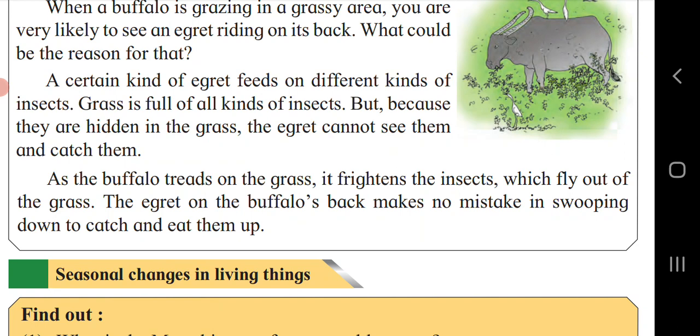As the buffalo treads on the grass, it frightens the insects, which fly out of the grass. The egret on the buffalo's back makes no mistake in swooping down to catch and eat them up. It means the egret is seen on the back of the buffalo to see and eat the insects easily.